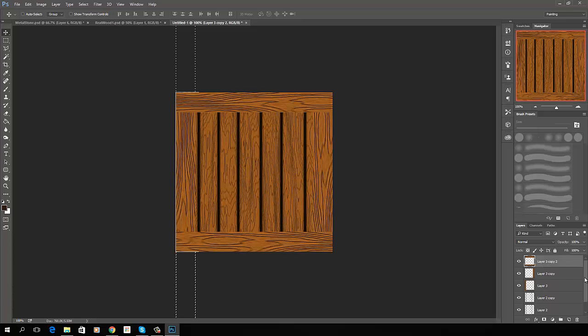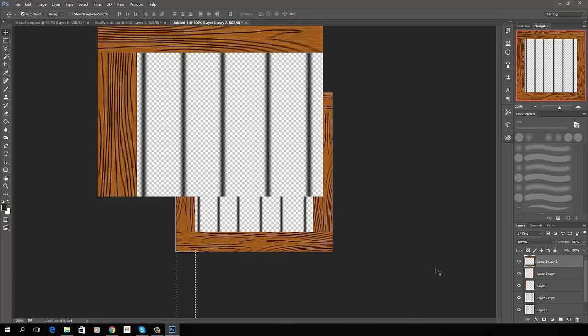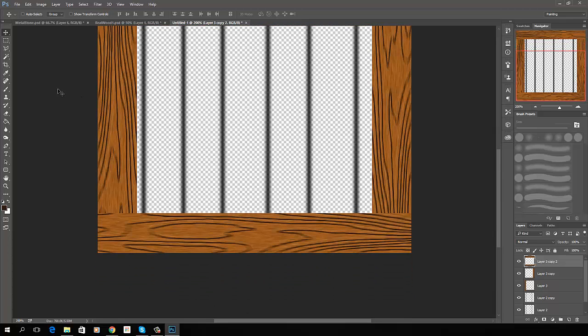I'm going to come down just so I can see a little better. I'm going to turn off this background for the moment. I'm going to come up here, zoom in a little bit, Control plus. And I'm going to take my polygon lasso tool, not my regular lasso tool, my polygon. Just start in here, click right in this corner, go right down to the other corner,